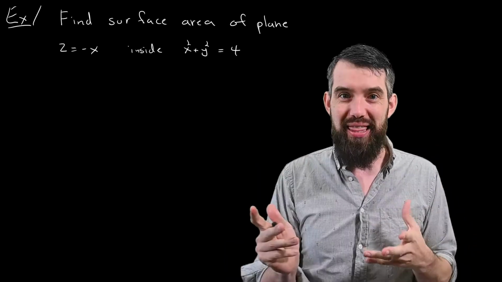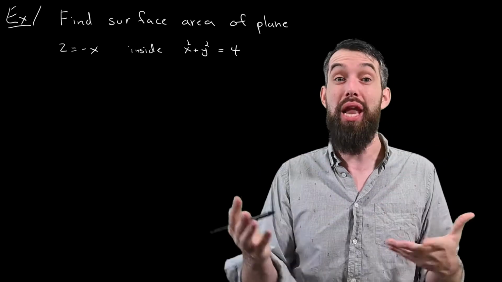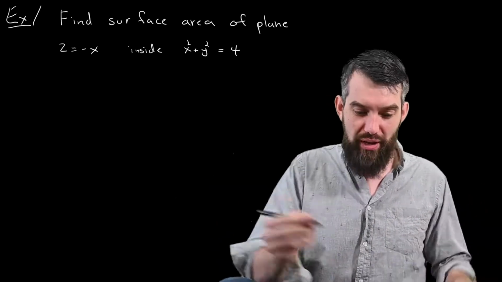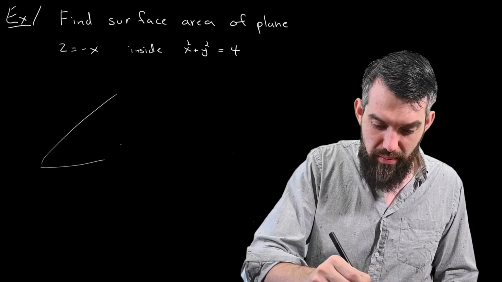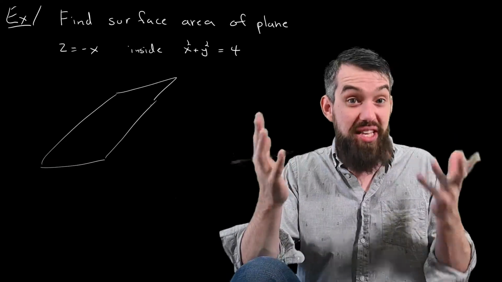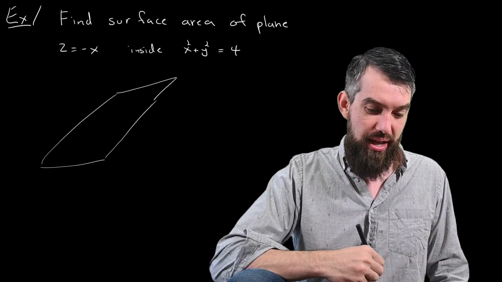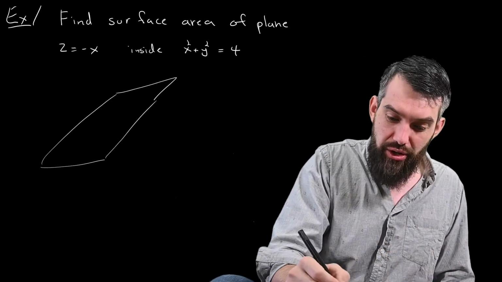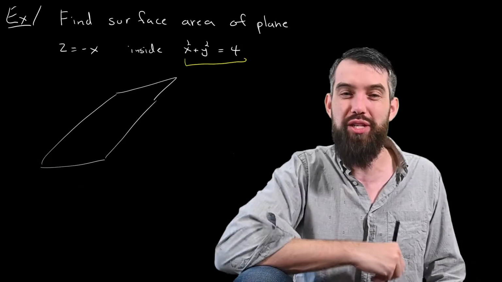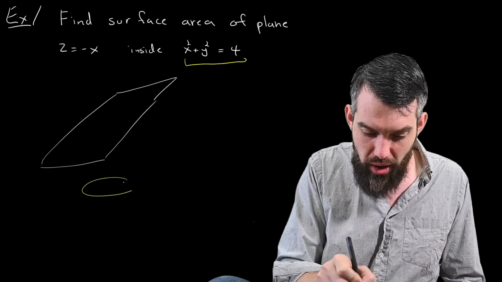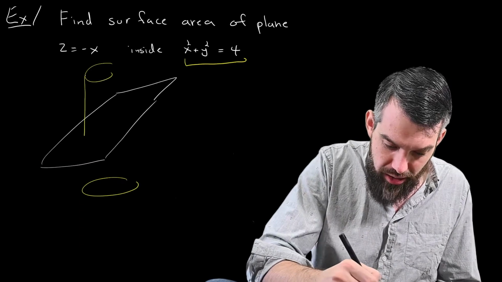Before I do anything else, I always like to try to visualize what's going on. The way I like to visualize this is, first of all, let me draw a generic plane here, something like that. I'll treat this as the plane z equals minus x, although I haven't bothered with any axes. And then I need to draw a cylinder as well. That's what x squared plus y squared equals 4 is. It's an infinite cylinder. And so if I come along here and draw a cylinder like that,